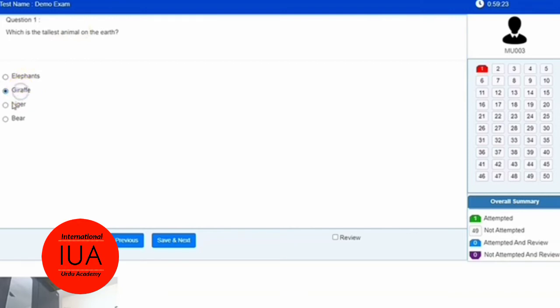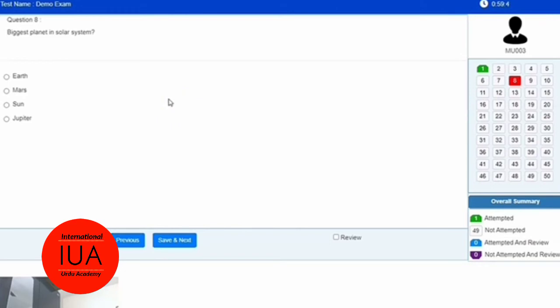On the screen, you will see the text associated with the question along with its suitable multiple choice answer options. You need to select the suitable multiple choice answer option and click on the save and next button. You can also click on any of the buttons available for the questions for navigation. The system will save your answer automatically. Irrespective of your clicking on the previous or save and next button, the system will continuously save your records all the time. You can save and move to the next question using the save and next button, and you can move to the previous question using the previous button.